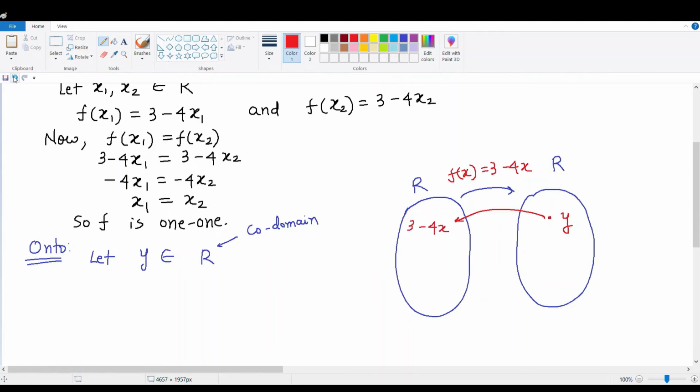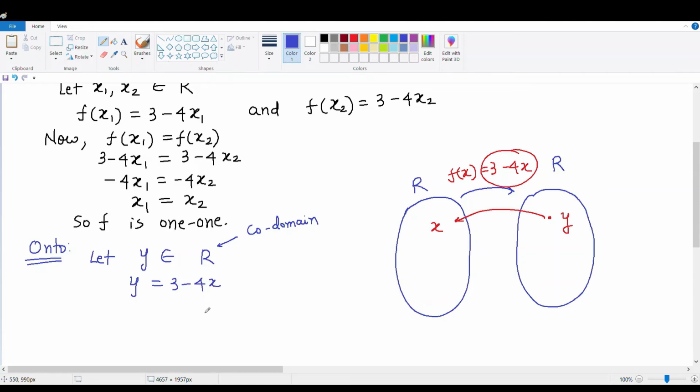Right? Or I shouldn't say that, there must be some x in here, which is what, 3 minus 4x equals y, right? Why? Because that's the function definition. So let y belong to R in the codomain, and now we are going to try to find the pre-image. But y is nothing but an element in the codomain. That means you are going to get y as what,